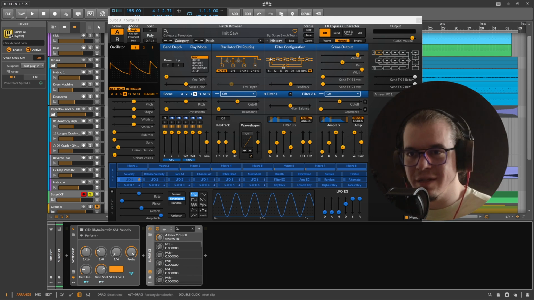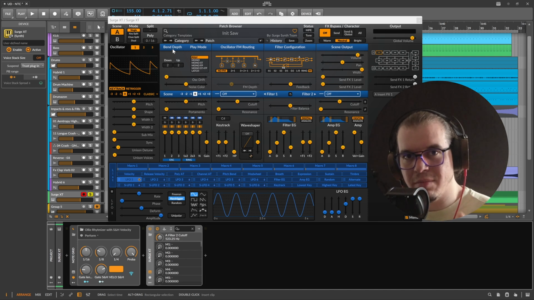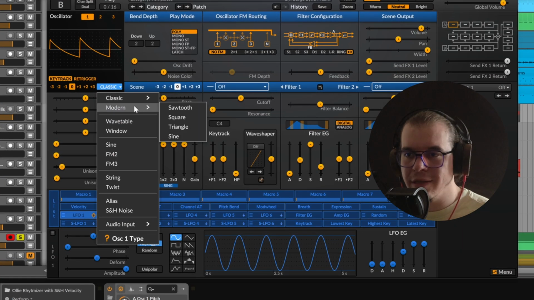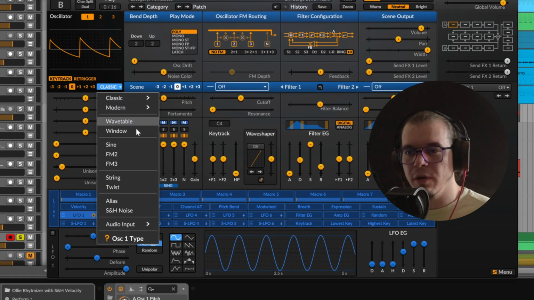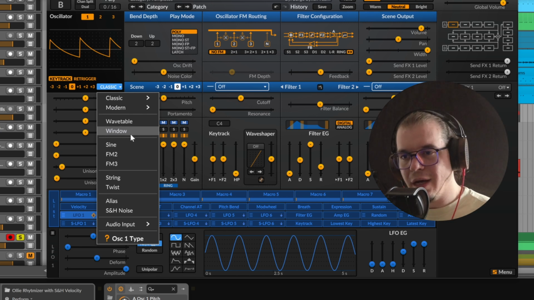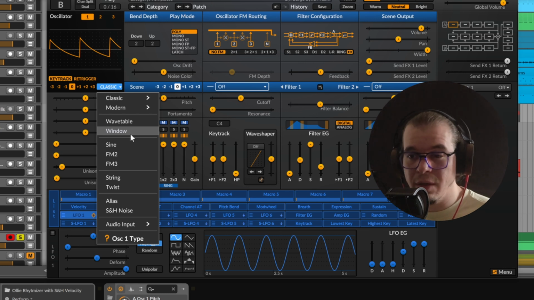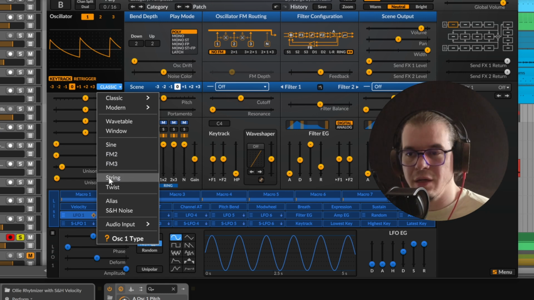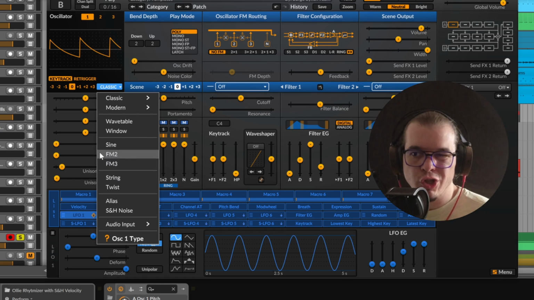So Surge XT consists of two scenes or two layers, A and B, that run simultaneously. Each layer has 3 oscillators. Each oscillator comes with the classic bread and butter VA sounds, a couple of wavetable oscillators. Actually, each one of them modulates the wavetable in a different way, so we'll get different timbres from the same wavetables. You have the traditional DX7 style FM engines in here,